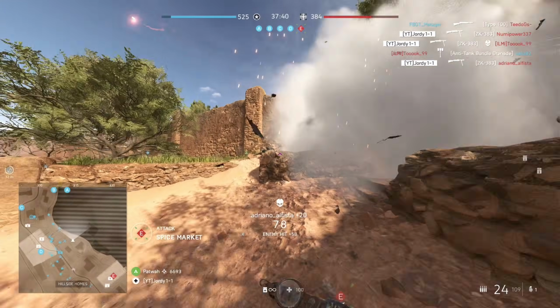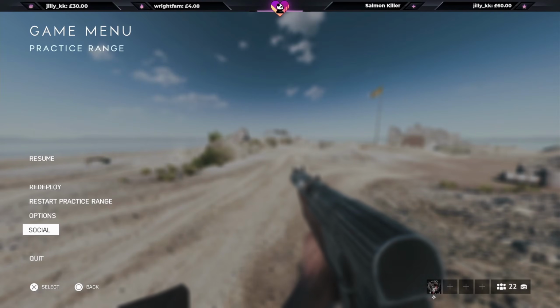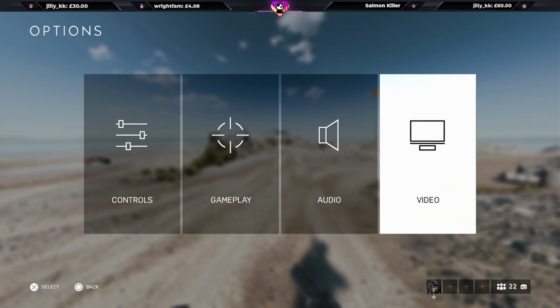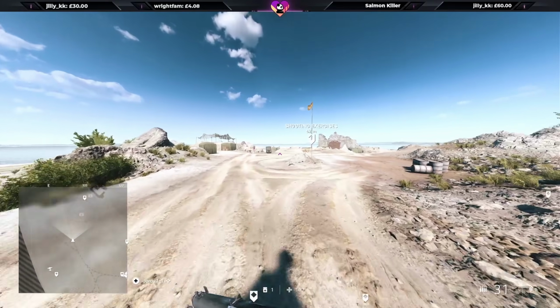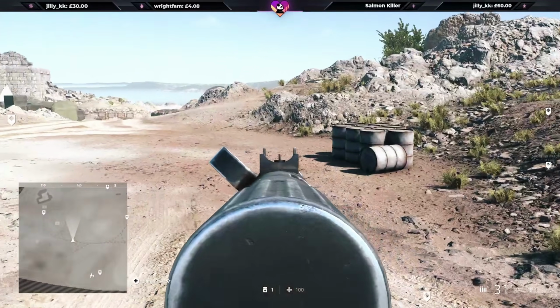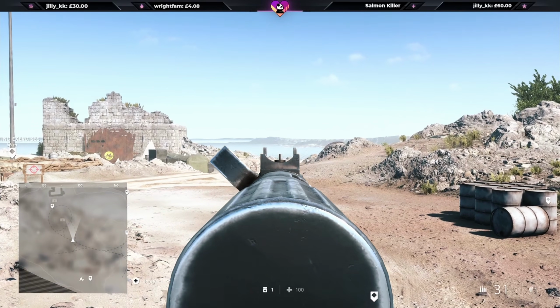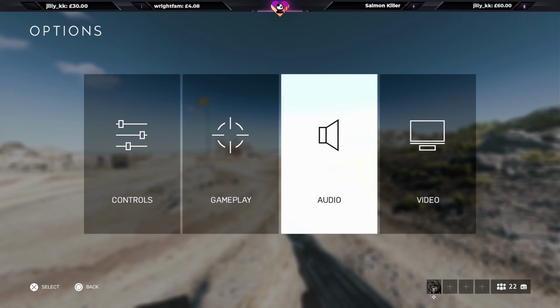So the first question I get quite a bit is to do with ADS FOV. Now that is in video and it's here. Now when you have this off, you get a lot more zoom, for example. So let's say these barrels are on the edge of my screen there on the right hand side. This is with ADS FOV off, so you get a lot more zoom. Now if you turn something like this on,